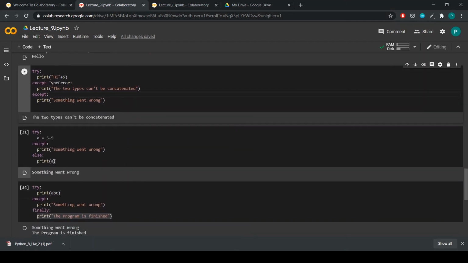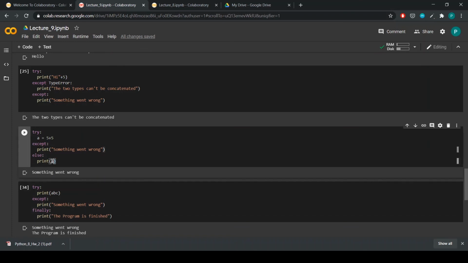Then we saw the else and finally blocks. The else block does not run when an error is there, whereas the finally block does run when